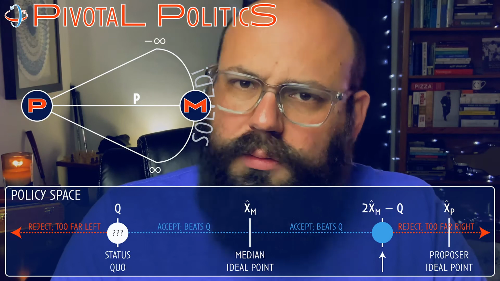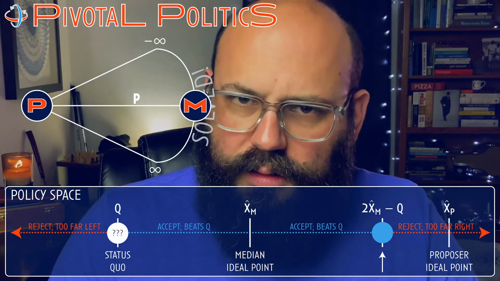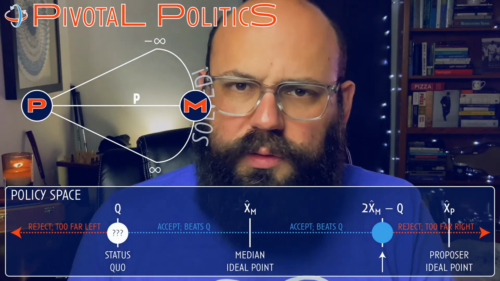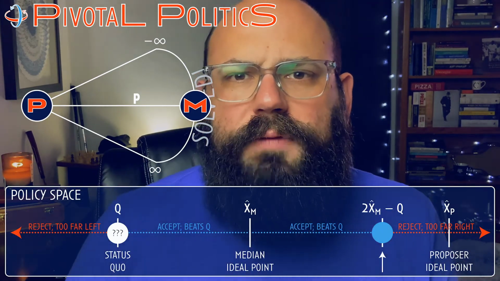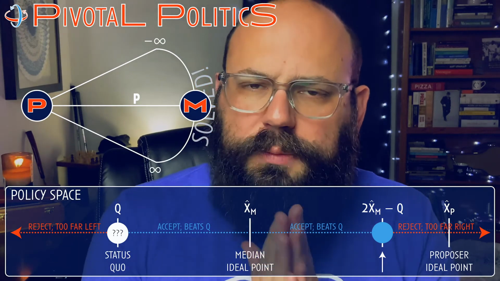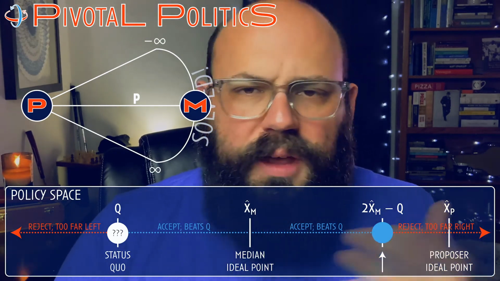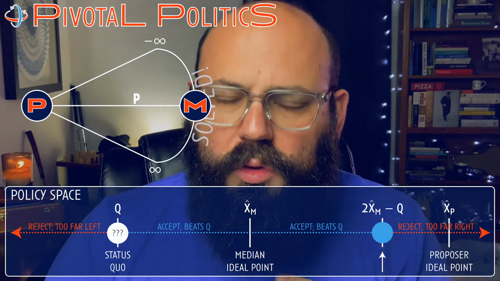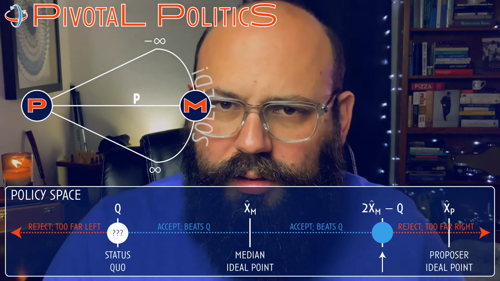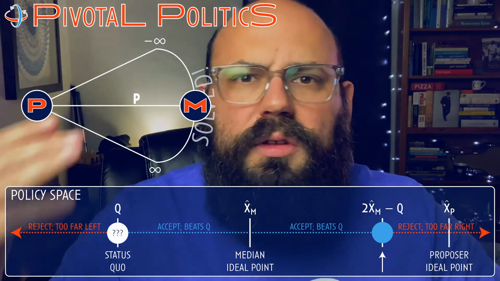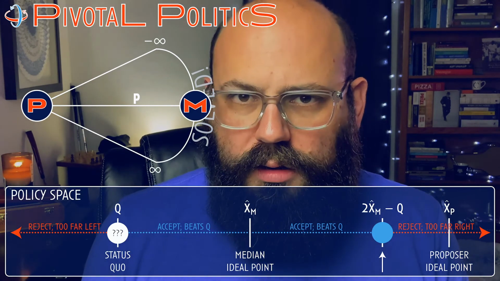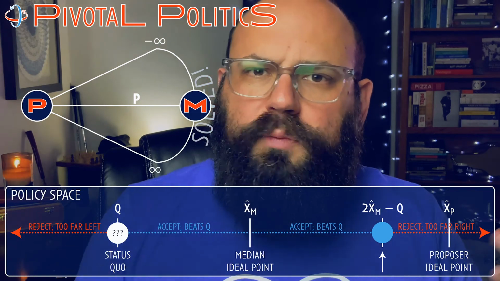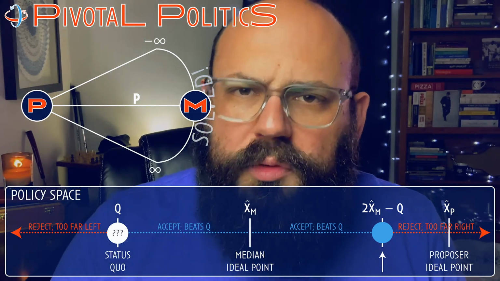So this very simple model has a lot of bite. Just by moving M across the space, or changing the order of the Q's and the M's and the P's, the status quo, the median voter, and the proposer, we're able to explain a wide variety of potential outcomes. It might be the proposer gets exactly what they want. It might be the median voter gets exactly what they want. It might be that the status quo is upheld. It might be that a big change is made. It might be that no change is made. It might be that a small change is made. All of these differences in the endogenous equilibrium behavior are about simple combinations of what's going on with the exogenous